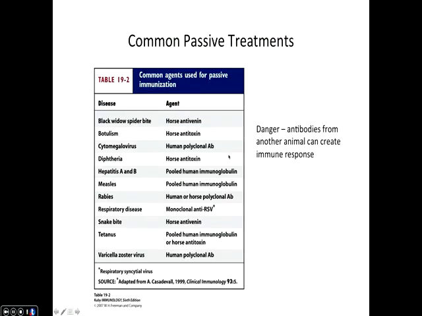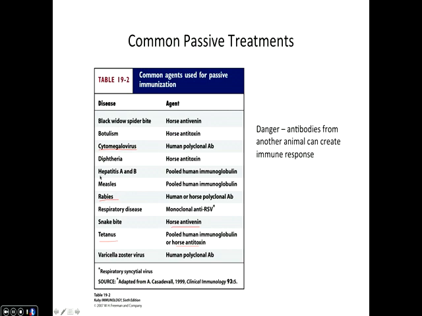Passive treatments, as I mentioned, are short term. So here is a list, and it gives you a flavor of the types of things that you can get: polyclonal antibodies to cytomegalovirus. You can get human or horse antibodies for rabies. For snake bites, there's horse antivenom. Tetanus, again, you can get horse antitoxins. It reinforces the idea that I've already mentioned. Again, these are short-term responses. These are treating people with antibodies such that they then get short-term immune response defenses against these particular things.